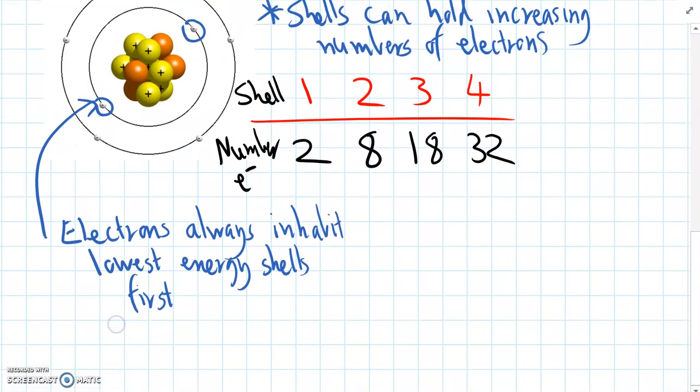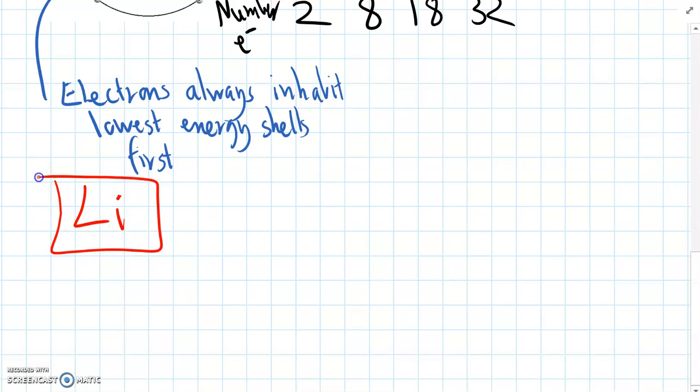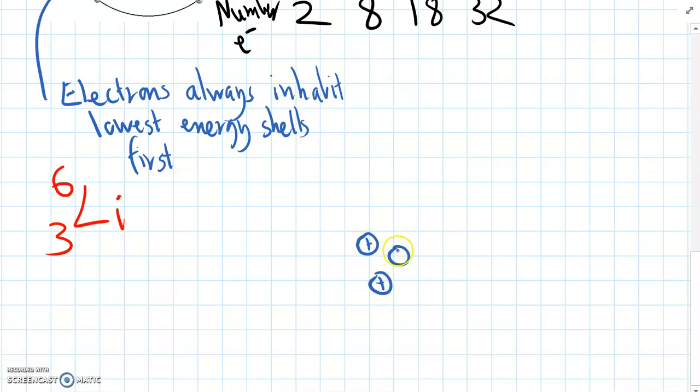So let's look at some details of some other different elements. If we look at lithium, lithium is element number 3. So it's got 3 protons, and a common isotope of lithium has a mass number of 6. So it's got 3 protons and 3 neutrons. So let's go about drawing an atomic diagram of a lithium atom. We're going to have 3 positive protons and 3 neutrons, and then we remember that the number of protons